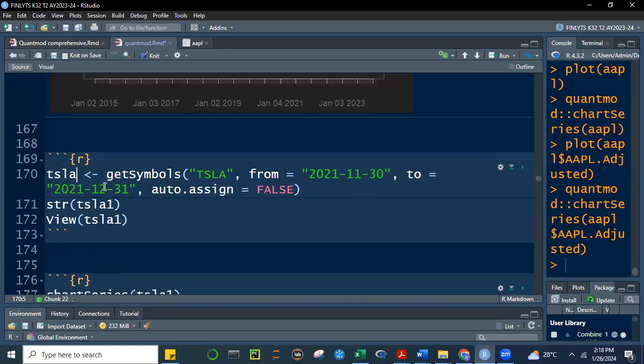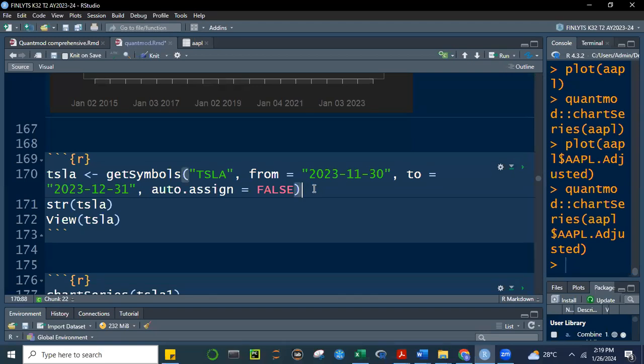So this is just 1 month, just a 1 month period. November 30. Let's make it 2023, November 30, up to December 31. All right. So Tesla, I'll just remove the one there. If I run this, class,